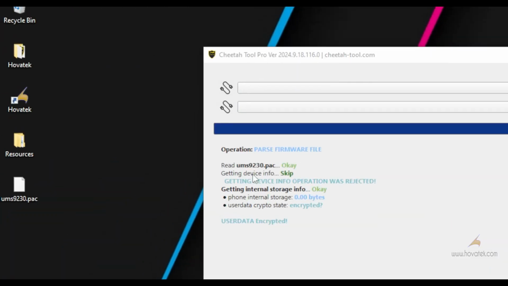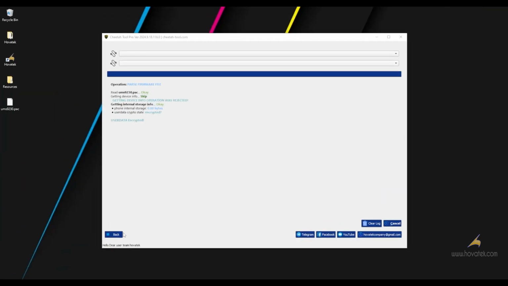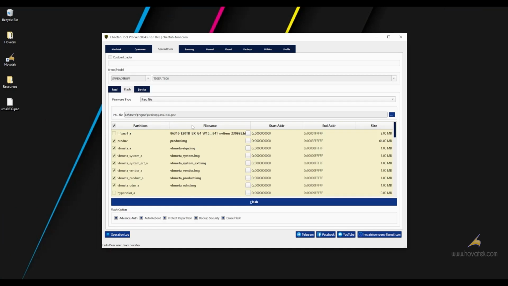and then you wait while all these processes. Now once it is done, your back button here should be enabled once again, so you just click on it and now you have all the files